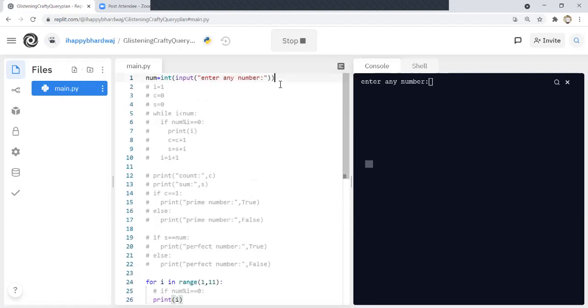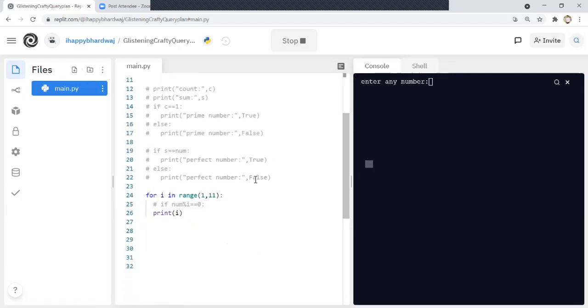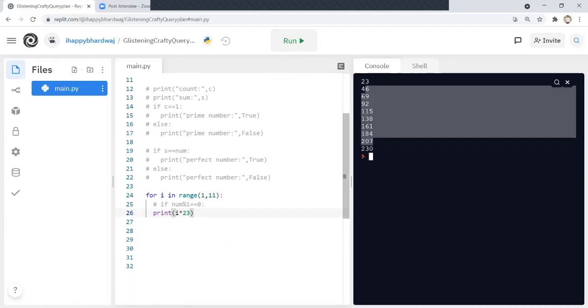So let me comment this line again. If I run my code now, it will print 1 till 10. If I multiply it with any number, then it will print the table for that number. So you can do all the same things with the help of for loops also. You can print the table of any number. And then let's again find the number of factors. Let me uncomment this line.